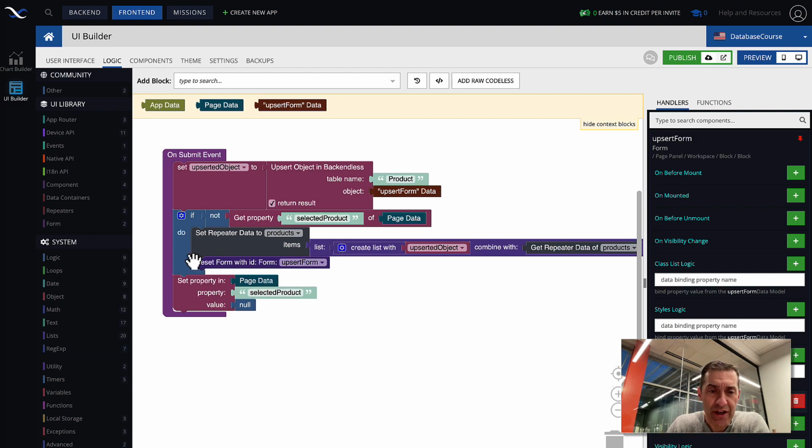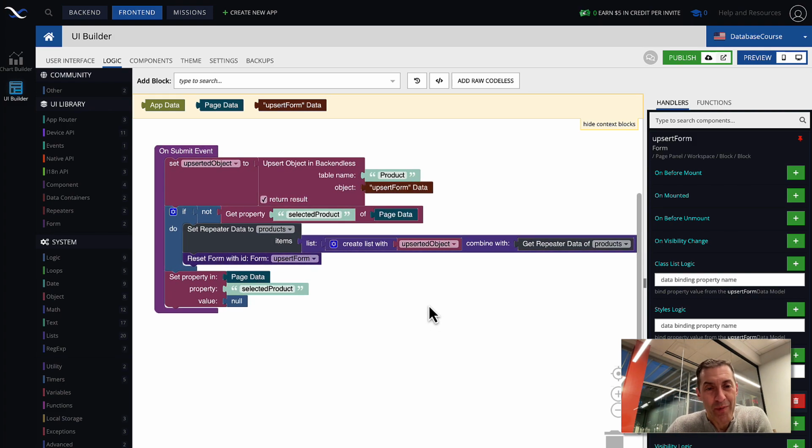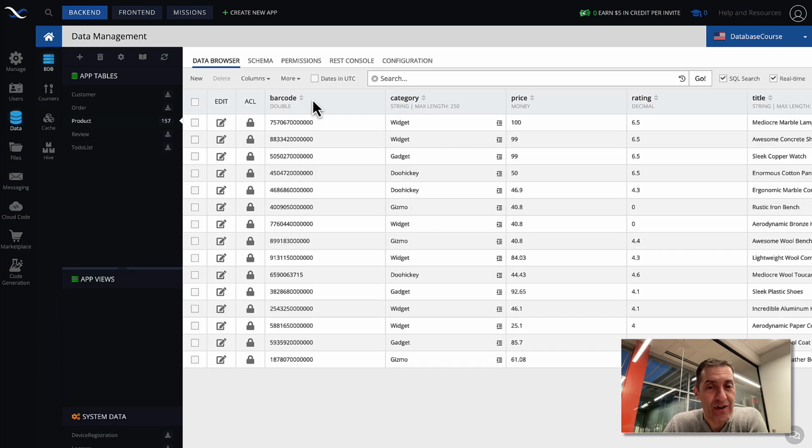The rest of the logic here really works to insert. Let's say when we create a new one, we need to insert that row in the UI, and that's what this logic does. But I'm not focusing on that because this is a course dedicated to the database and not UI Builder. There is one for the UI Builder, and we will be building up that one or creating new ones as well. Anyway, this is all I have as far as upsert.